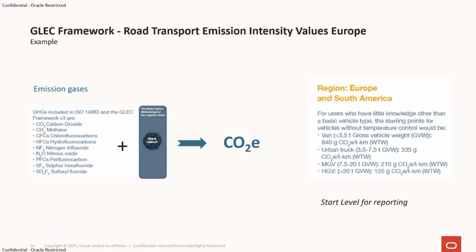In the right part of the slide, we can see an extract from a standard from the Global Logistics Emission Council's framework. It's exactly the example for emission factors in Europe. Within these basic emission factors, we can notice a heavy goods vehicle, HGV, that emits 125 grams of CO2 equivalent per ton kilometer. And we can go up to a van that emits 840 grams of CO2 equivalent